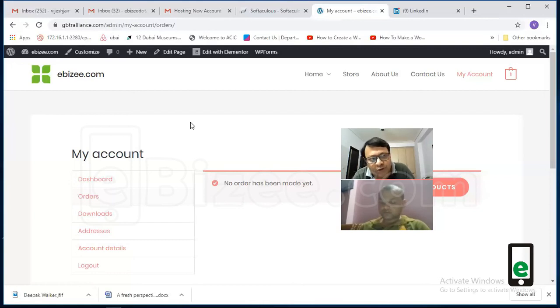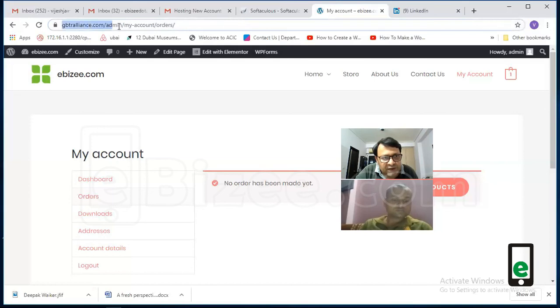Now if you go to this address, gbtralliance.com/admin, you put just this one. gbtralliance.com/admin and then /. Or you can just put admin also.